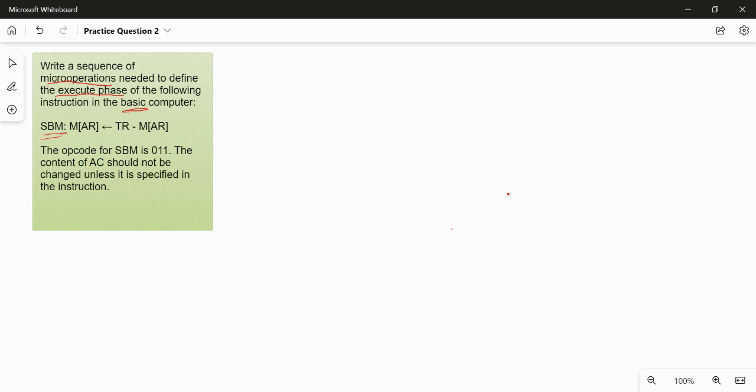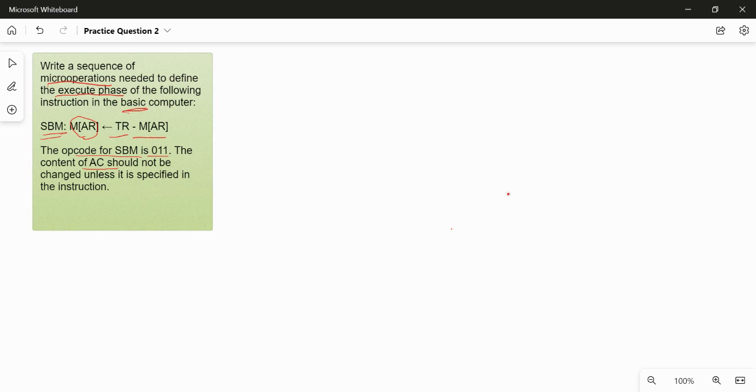for performing subtraction. So here a memory word is required to be subtracted from TR, the temporary register available in the basic computer. The result of subtraction is required to be made available in the same memory word M of AR. The opcode for this instruction is also given, that is 011, and one constraint is also specified, that is